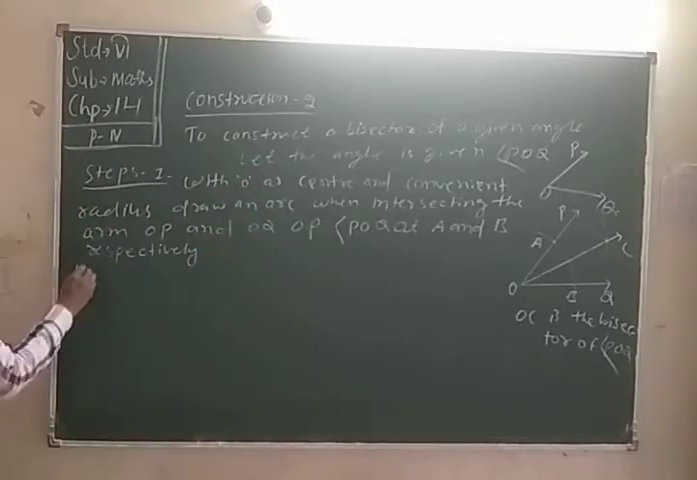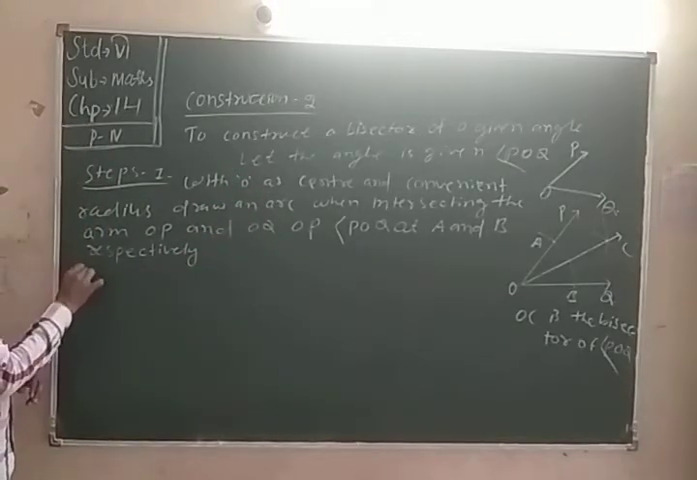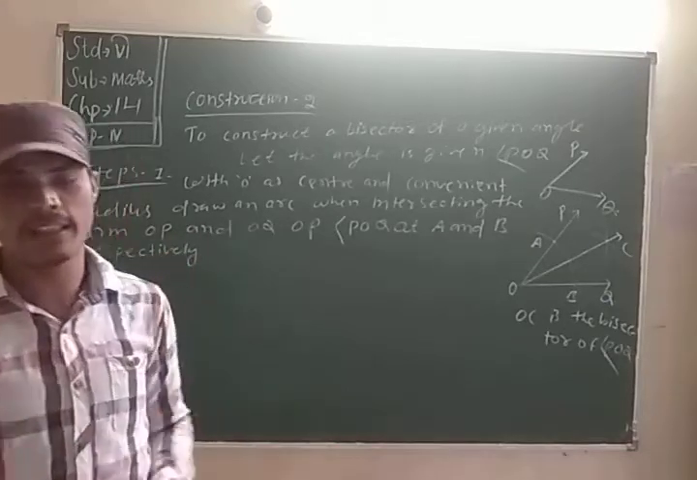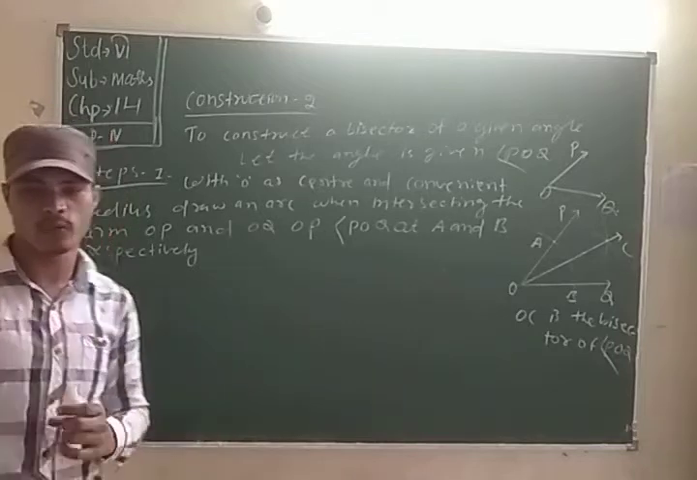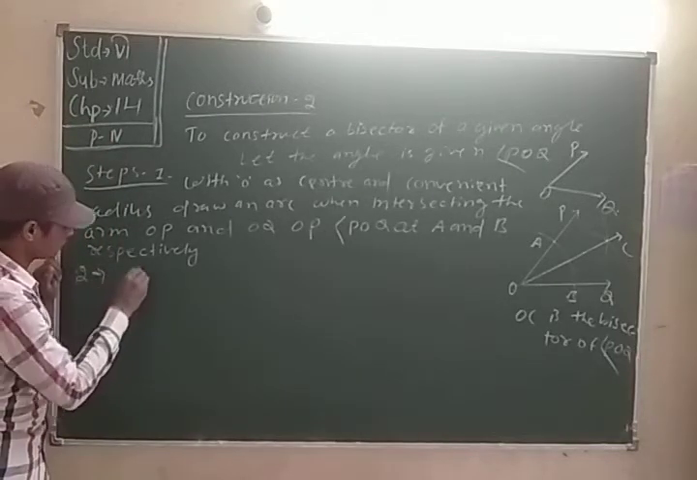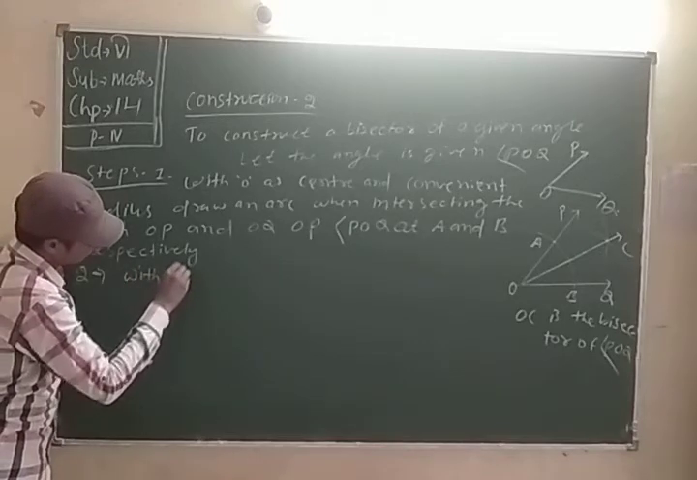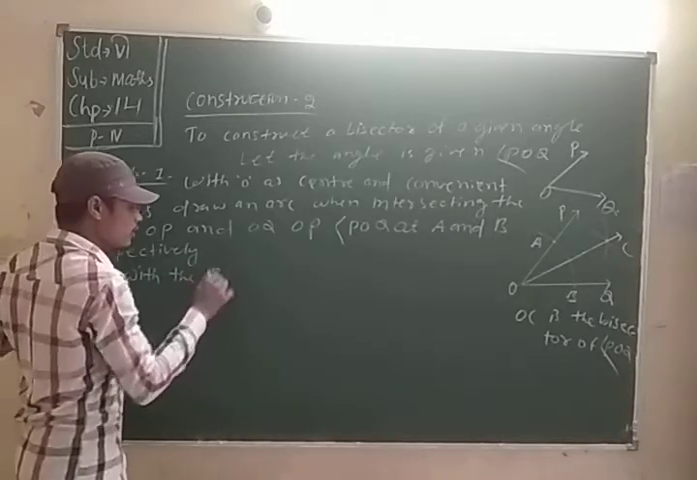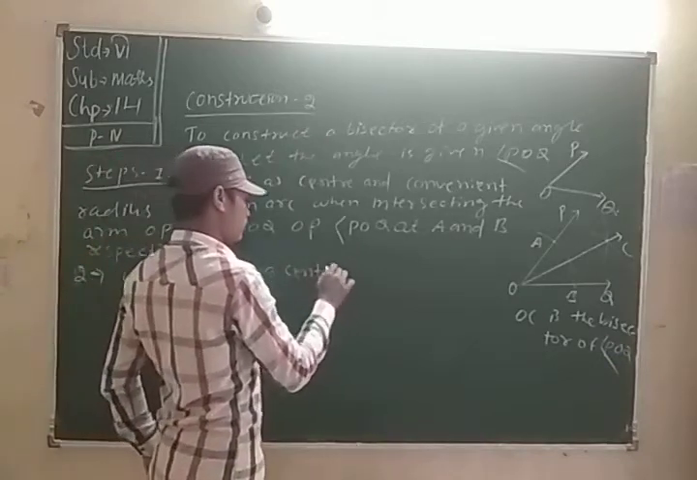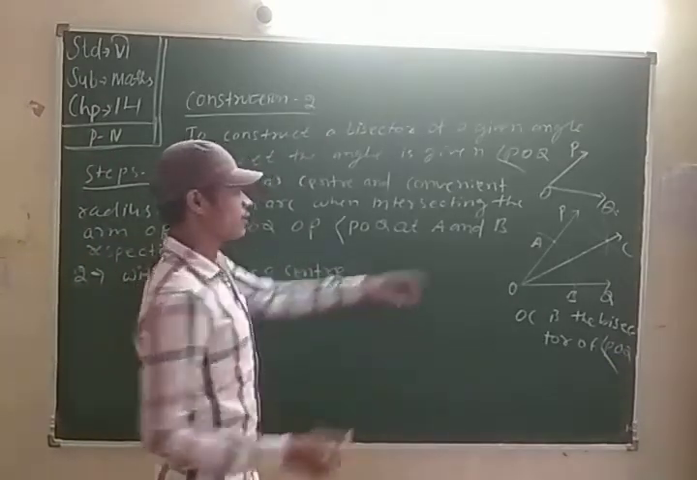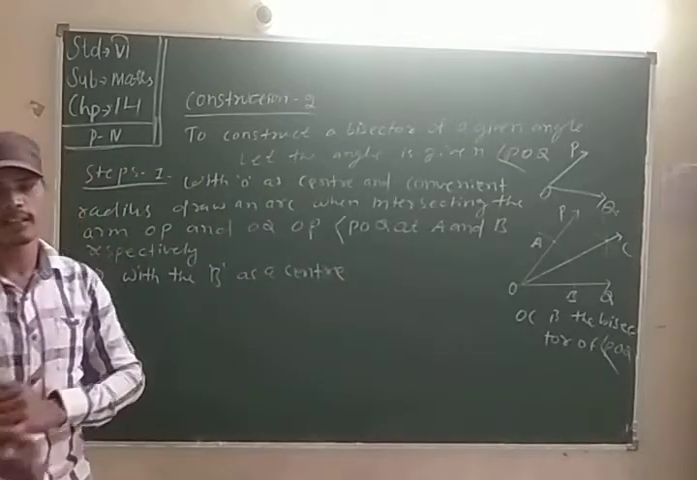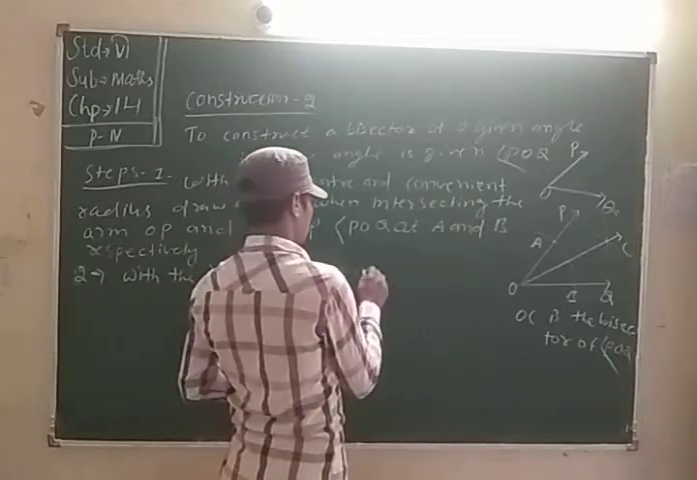Now in step 2, what is the second step? You take the center as A. Don't change the radius. Then with B as a center and radius, that means you take B as a center and a radius more than